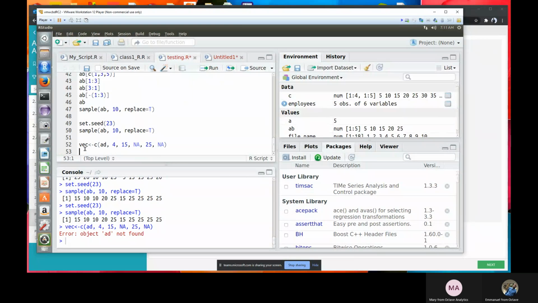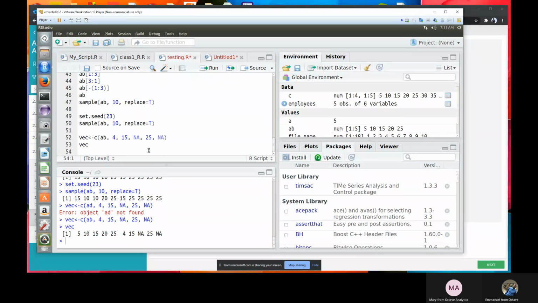Let me run this. So you can see I have a vector with 5, 10, 15, 20, 25, 4, 15, NA, 25, NA. So for example, using the duplicated function.